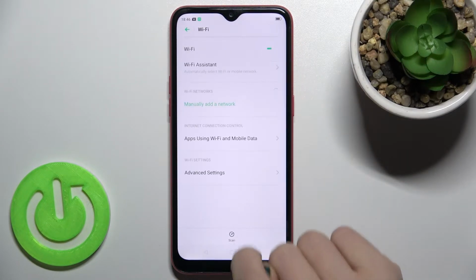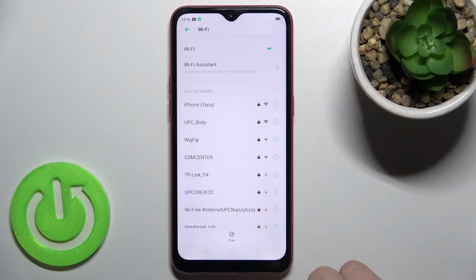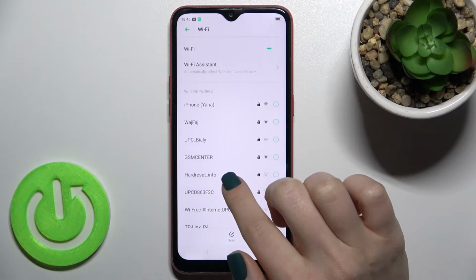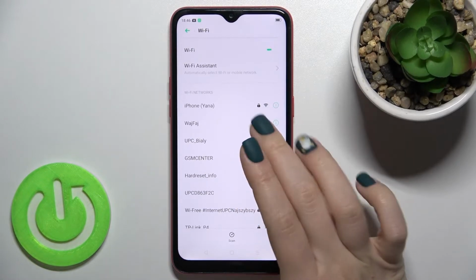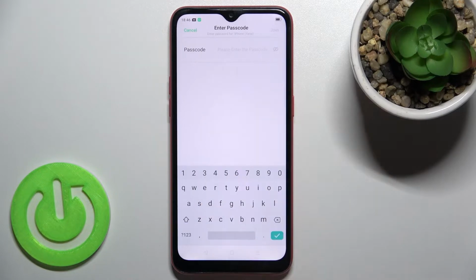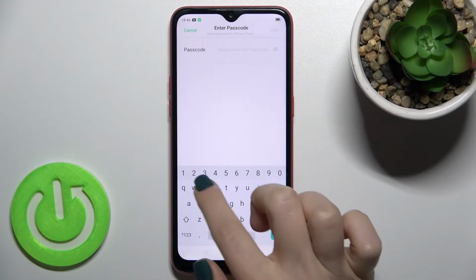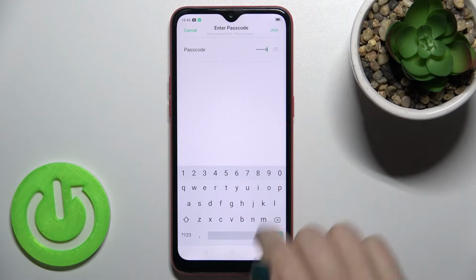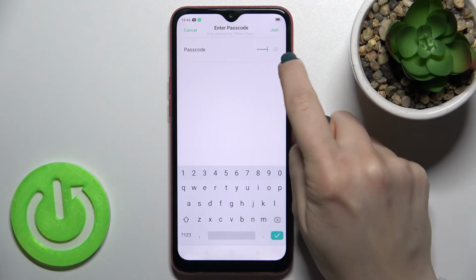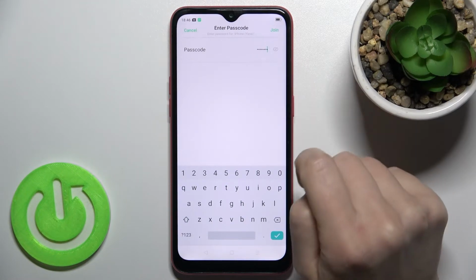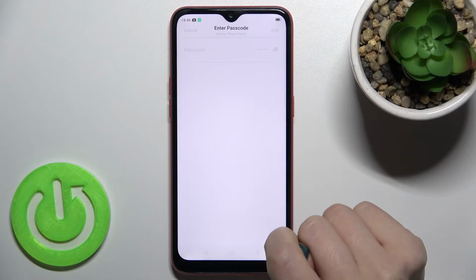To turn on the Wi-Fi, tap once on the switcher in the upper right corner, and now you can select one of these available networks. For example, we can go with the first one, and here you should enter the password for the network. In my case, that's from 1 to 8, and by tapping on this eye icon you can see your password. And now tap here to join